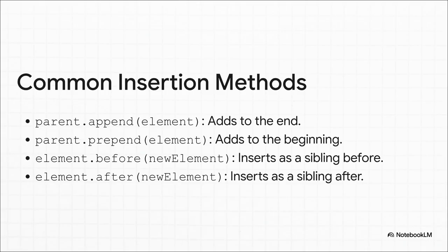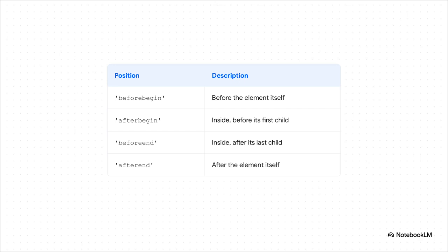We can append it, which just sticks it at the very end of another element, or we can prepend it, which puts it at the very beginning. We can even get more specific and place it before or after a different element, like a new sibling. It's all about picking the perfect spot. But what if you need surgical precision? For that, we've got a powerhouse tool called